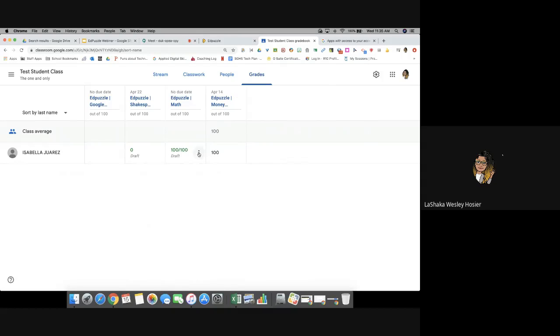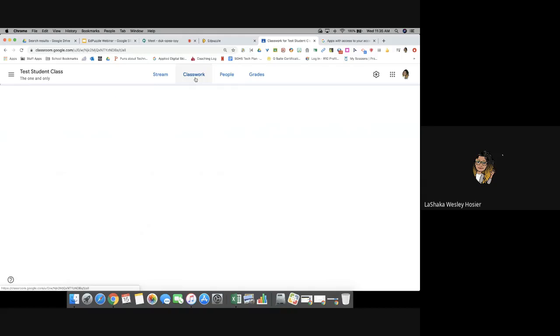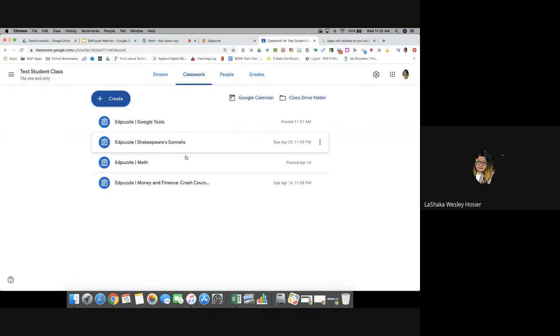And then I have not returned this to her. So currently it's just a draft. But you can see the Edpuzzle assignments that I've posted through Edpuzzle automatically go into this gradebook, and then the grades are automatically transferred when I click export to LMS. Okay, and then the only thing that Edpuzzle does not do is add it to a topic. So if I had topics,